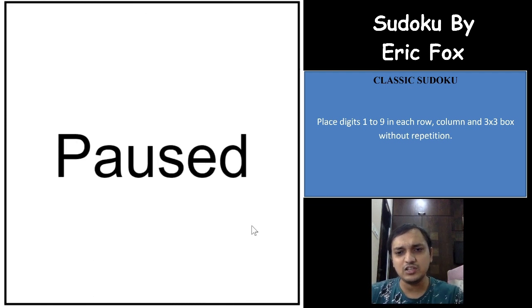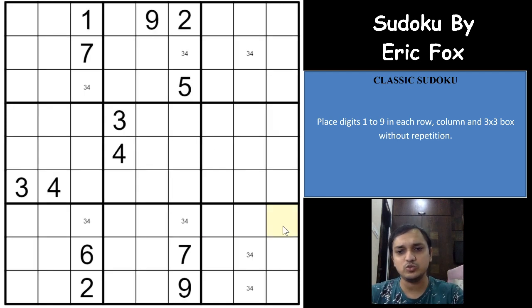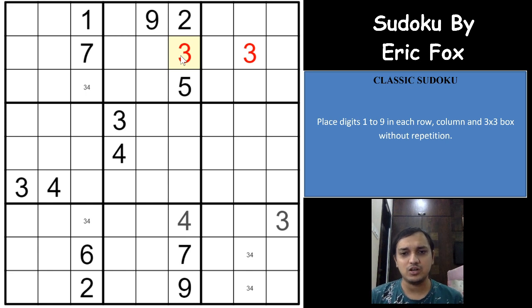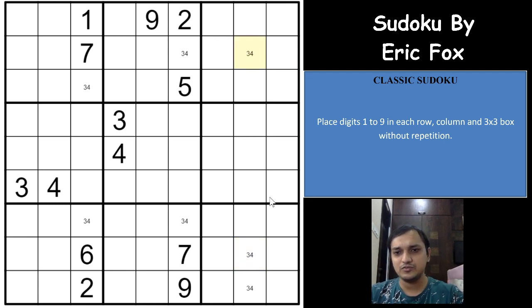So what happens if you have a 3 and 4 in these 2 cells? For example, if I have a 3 here, right, the possibility of 3 in this column is here, and because of the 3 you get a 4 here, and the possibility of 3 in this column is there, right? Excellent, right? So it is not only possible with 2 cells where a digit is appearing, but it is also possible with 3 cells where 2 of the cells are in the same box. 2 of the cells will have to be in the same box, and still you can apply a skyscraper logic, right? So this is one of the other ways to see the skyscraper logic, an extension of the skyscraper logic, I would say.